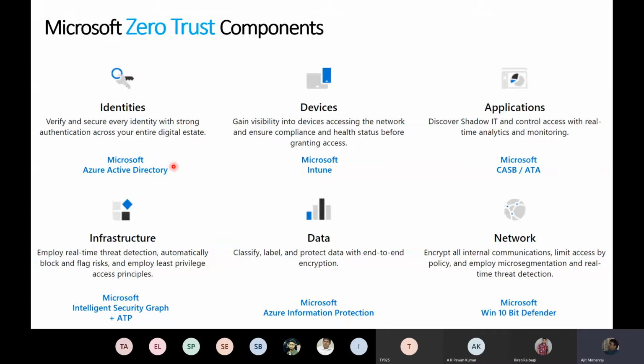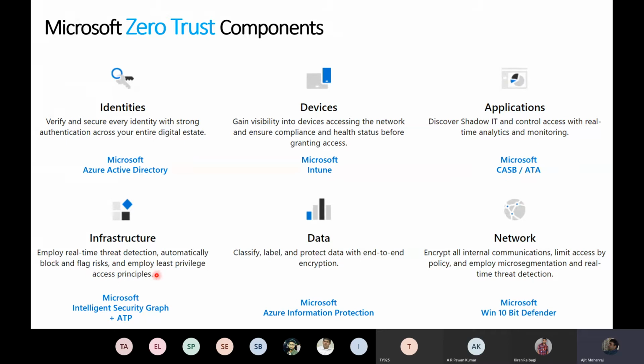So that's where your Azure Active Directory comes in. I want to gain visibility into devices, making sure they're not jailbroken, etc. Right? So that's where Intune comes in. I want to make sure that my people are not downloading those funny calculators, right? And they're not doing funny things on cloud applications outside the Microsoft ones. That's where a cloud access security broker and ATA comes in, advanced threat analytics. This is the on-premise watch. This is the cloud watch, right?